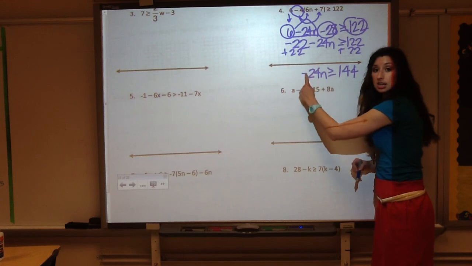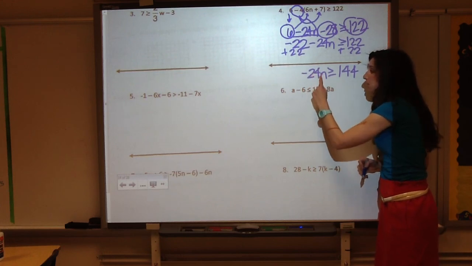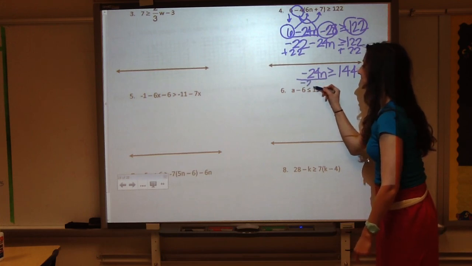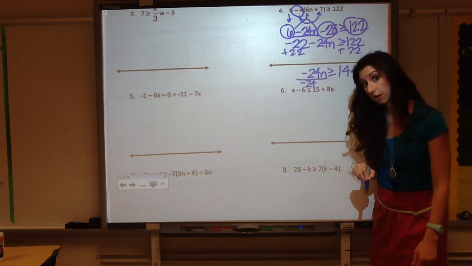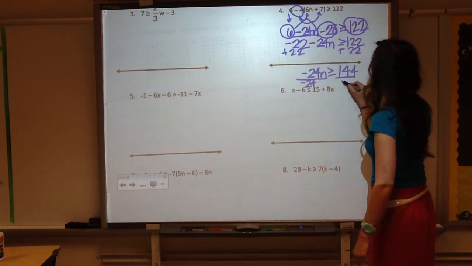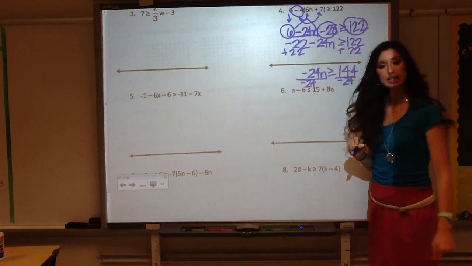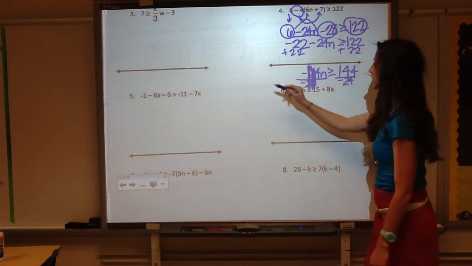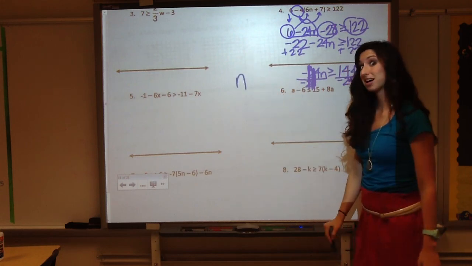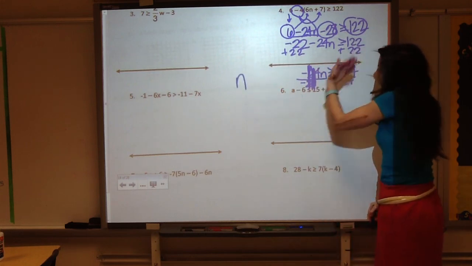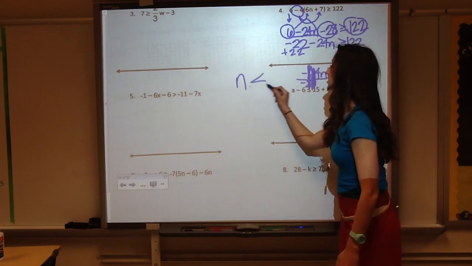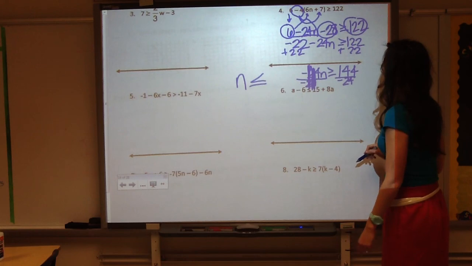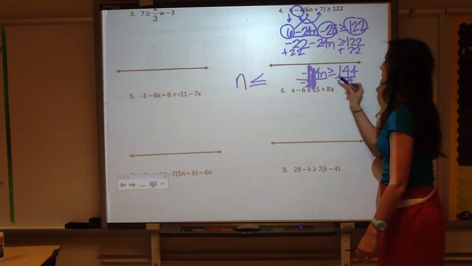It says negative 24 times n. Divide. Am I dividing by a negative number? Looks kind of like it to me. So this cancels. I am left with n, did I divide by a negative number? Flip. Is less than or equal to 144 divided by negative 24 is going to give me,